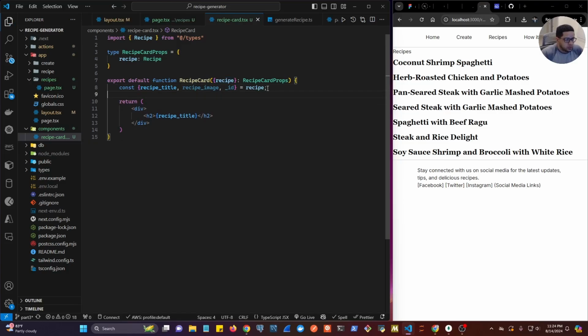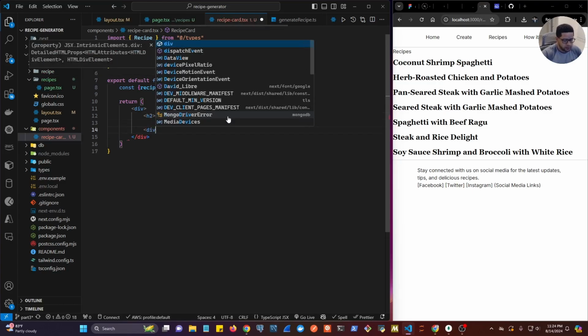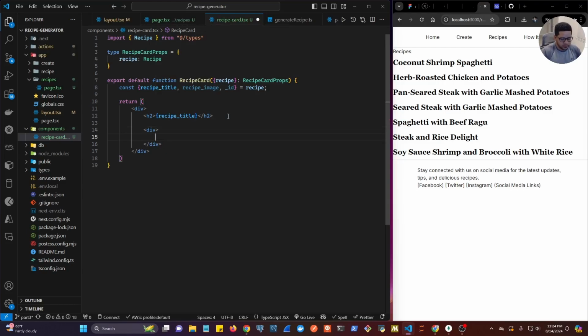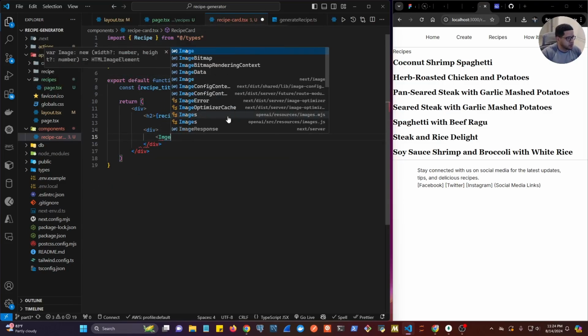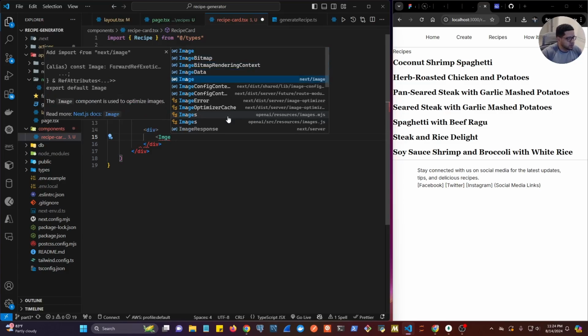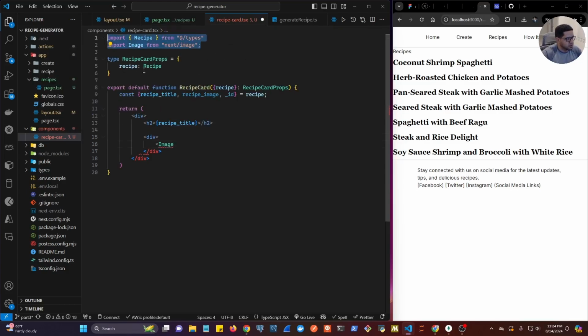All right, so we want to make each one of these, let's just style this first, and then we'll make it into a nice card, and we make it clickable as well. So we have an h2 with the title. All we're gonna need next is an image. So let's do a div, just like we did previously. We're gonna have a div, we're gonna have an Image component from next/image. Make sure that gets imported at the top. And here we are going to set the